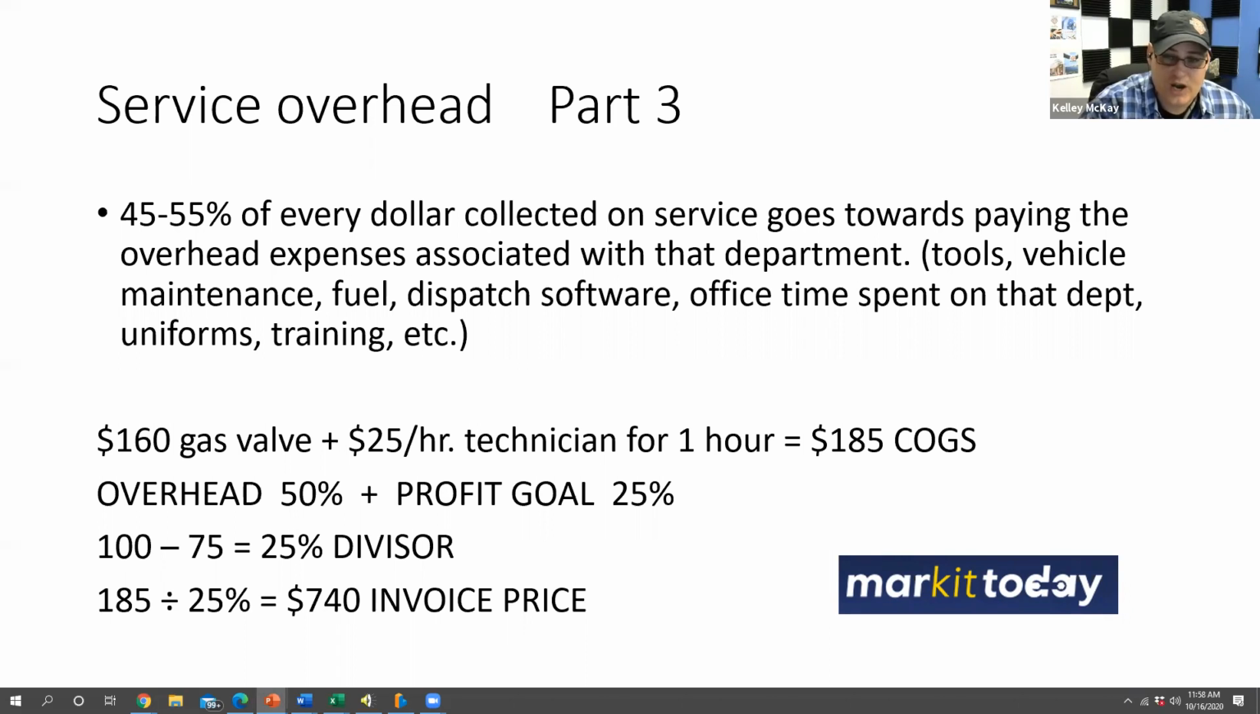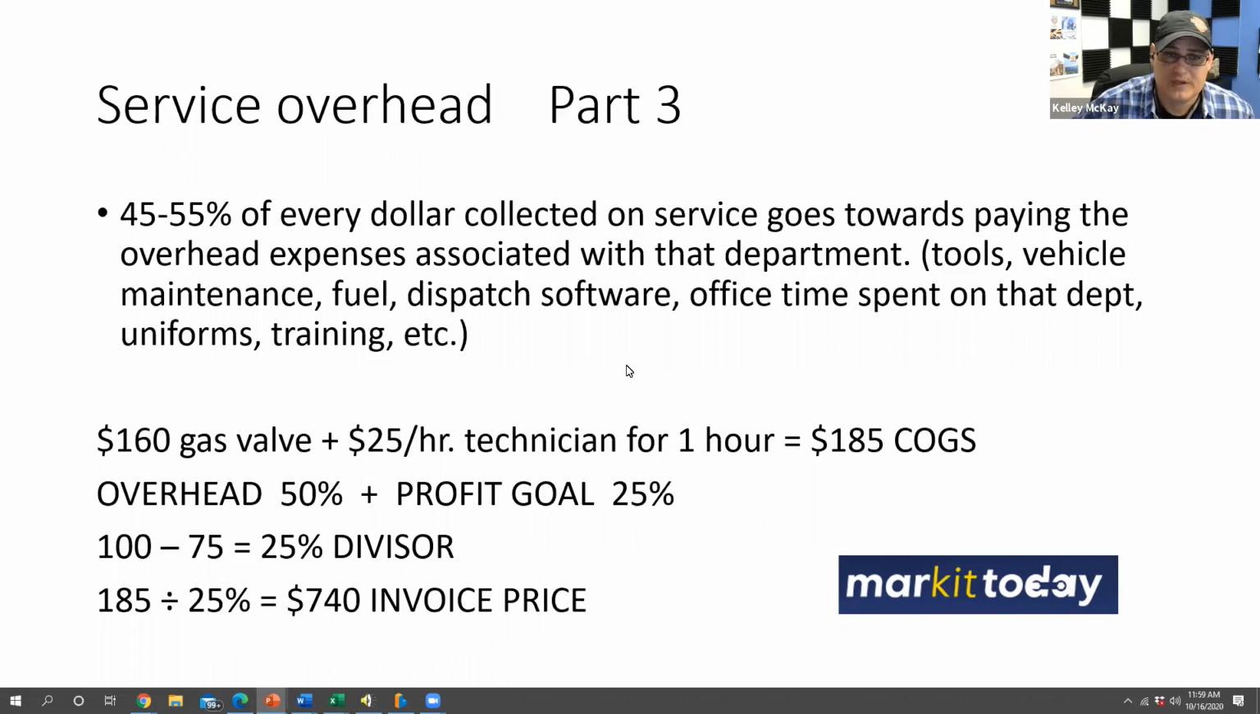That means your total cost of goods sold is going to be $185 in this example of a $25 per hour technician with a $160 part. If your overhead is 50% and your profit goal is 25%, which I would shoot for in service, nothing less than 25% net profit in service is what we should be shooting for here. If you take 100 minus 75, that equals a 25% divisor. So for this particular service call, you take your cost of goods sold divided by your divisor, which is 25%. That's going to be $740